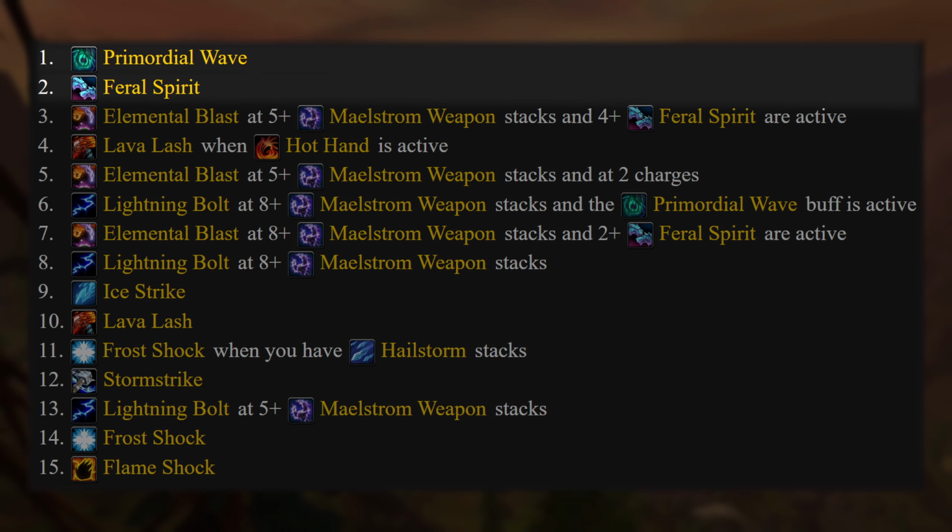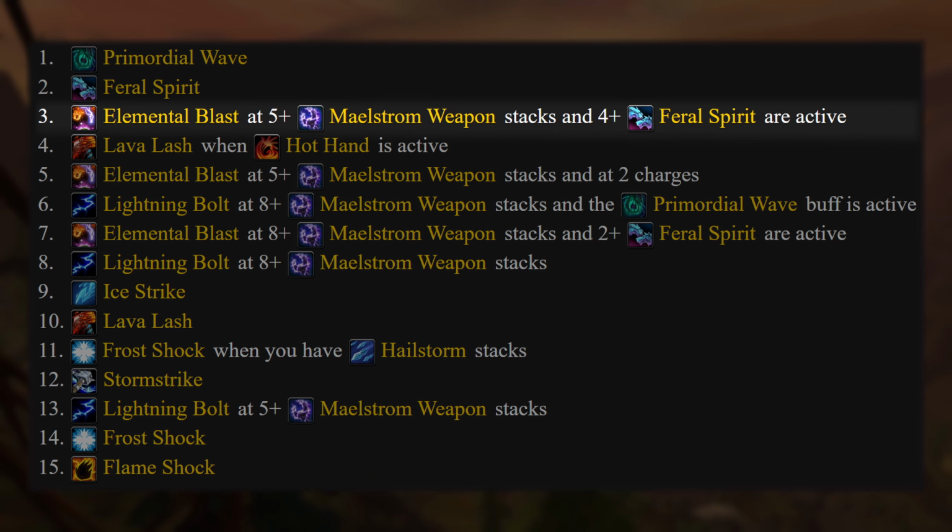Moving down to number 3 on the list, if you're new to Enhancement, I would probably skip past this, but I did want to call it out because if you ever do find yourself with 4 or more Feral Spirits active at a time, you do want to just immediately cast off an Elemental Blast if you have 5 or more Maelstrom weapon stacks. Usually, if this does happen, it's going to be during a lust window, so it's not something you'll be dealing with frequently,